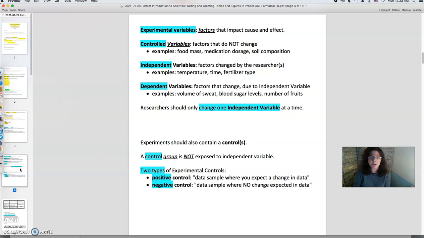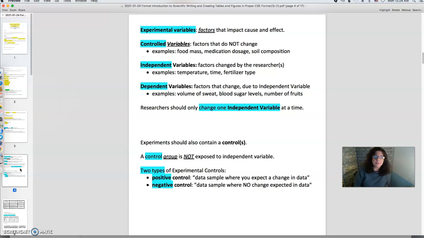You change the temperature. You might change the time when you deliver a medication dose. You might change the type of fertilizer on that soil. Those are independent variables that you decide to change and that you note in there. And there are dependent variables. The dependent variables are the factors that change as a result of things that you changed in the independent variables. So in other words,